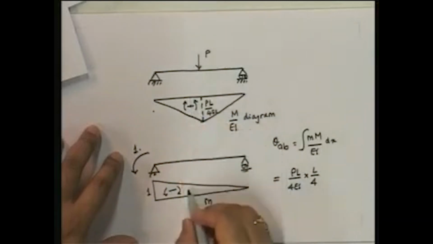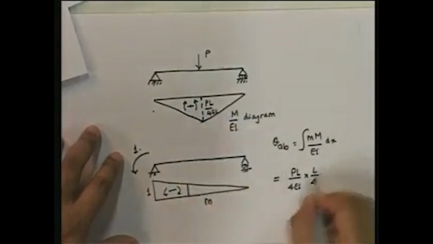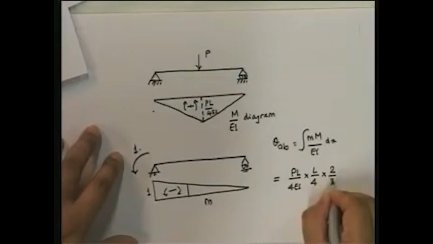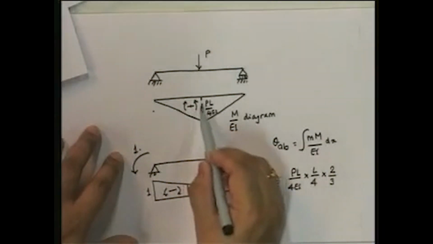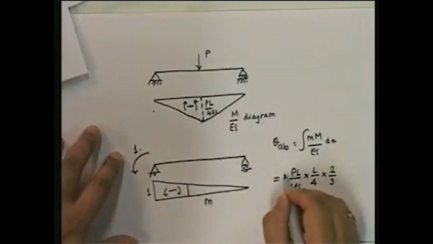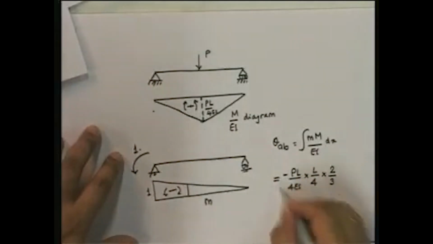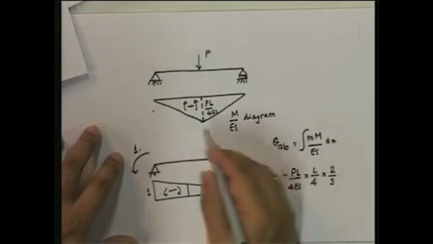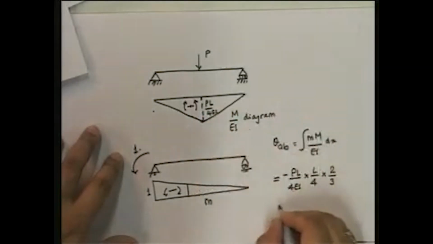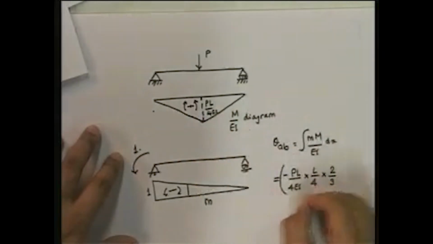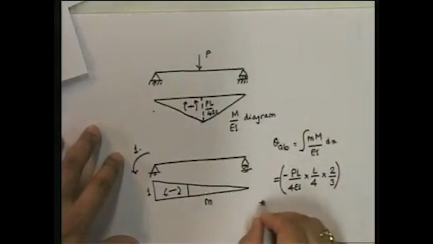So that means at L by 3, what is the corresponding value? You will see that it will be equal to 2 by 3. Note the fact that this is sagging and this is hogging, so it's actually minus because the sum total is minus. Similarly, if I take this side, you're going to have, so this is one part, then let me add